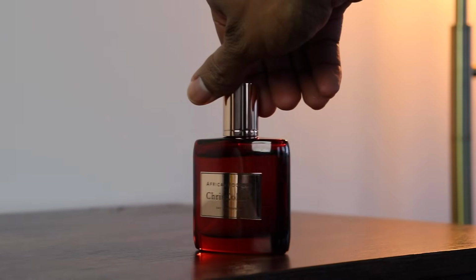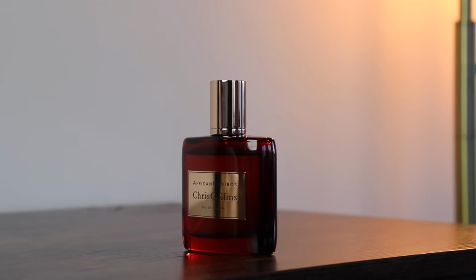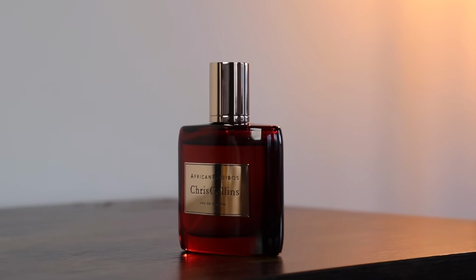I've been raving about this one from the house of Chris Collins for several months now. I love this stuff. It is so different, so wearable, so attractive. African Rooibos. I will be wearing the mess out of African Rooibos this spring. Man, this is this red smoky tea, slightly sweet, herbal smelling with kind of a fresh, almost fruity citrus quality, a little bit of a brightness to it, which I think lends to the springtime perfectly, but there is a